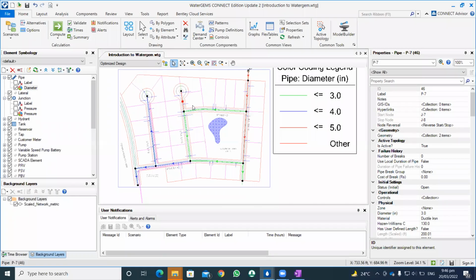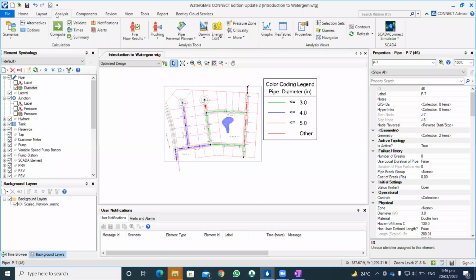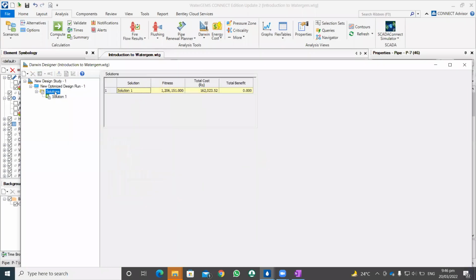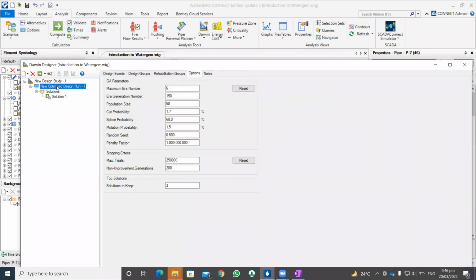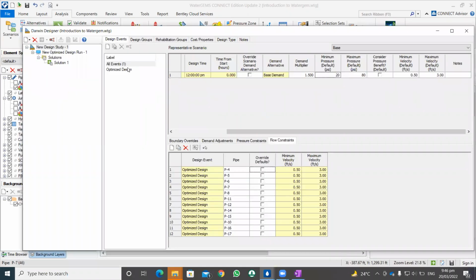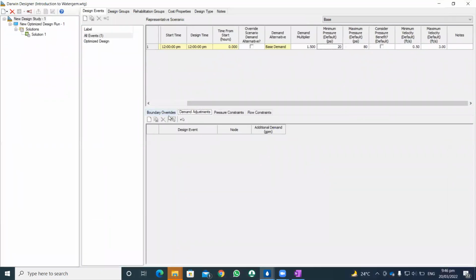So based on Darwin Designer, you can use Darwin Designer for optimizing your water supply network. I want to show you another thing in Darwin Designer as well. If you want to find, for example, I want to create another event, or I will just do this in this event as well. Okay, I want to design, for example,